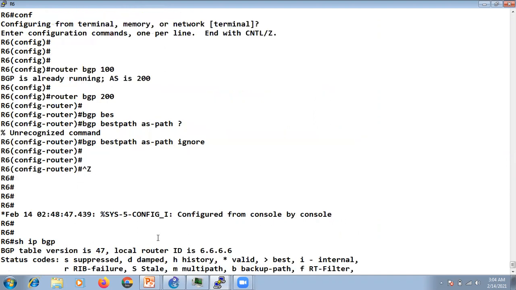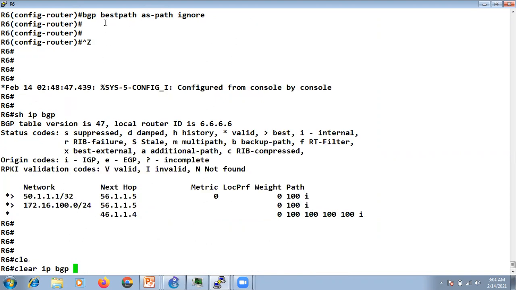But now we have told R6 that you should not include the AS path criteria in the attributes. So it will ignore it and move up to the older EBGP route criteria that was happening earlier, before we were doing any prepending. So now let's try to clear the BGP.